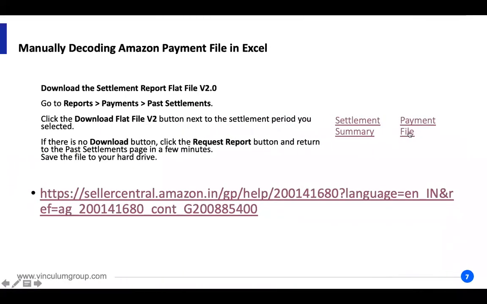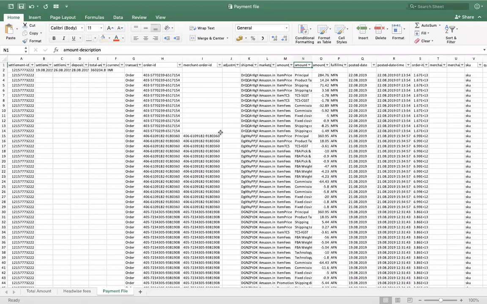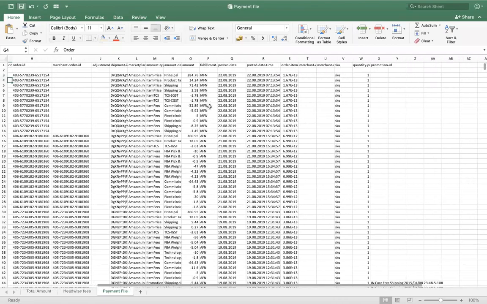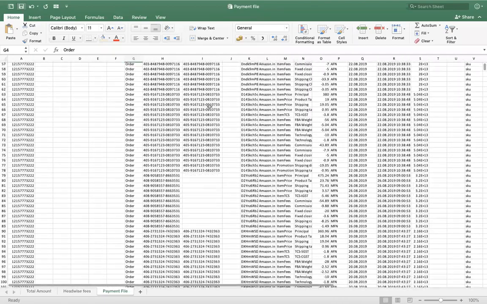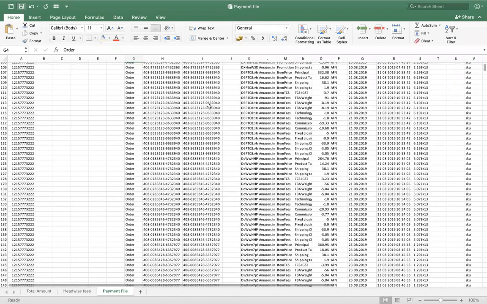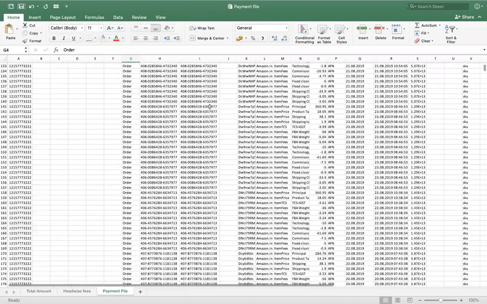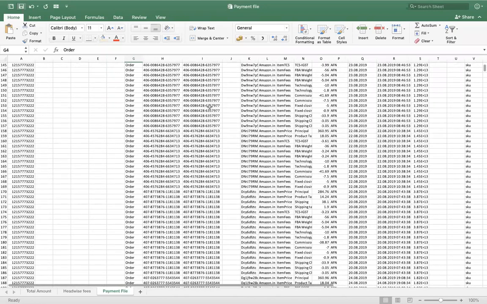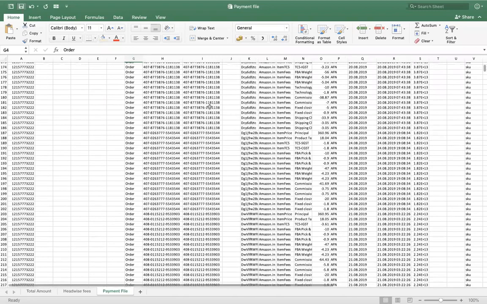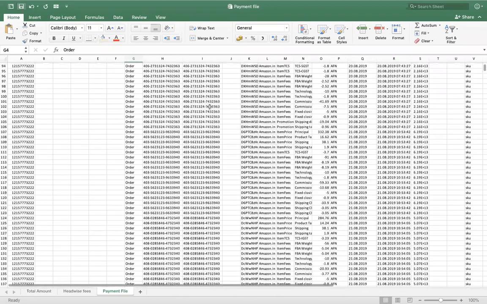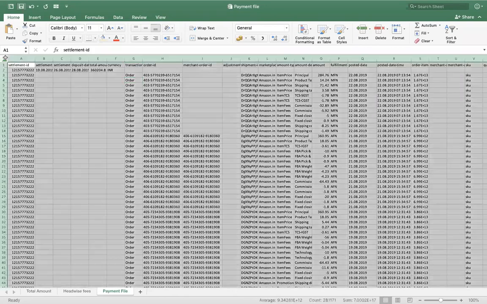Just download the payment file from your tab, which will look something like this. As you can all see, this is the settlement and the payment file of Amazon, which is very, very difficult to understand. From here, you would not know how many orders you have done in the past week, what was the selling price, what are the various charges that have been deducted. All you need to do is click on the top left hand corner and copy this entire data,